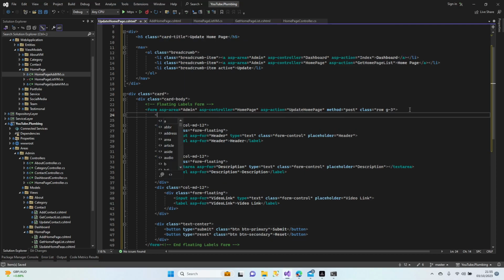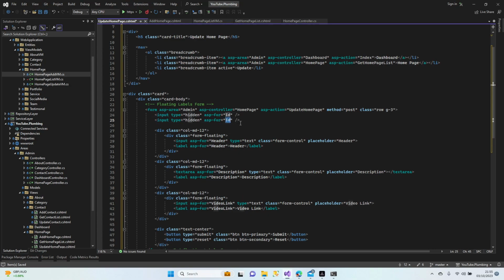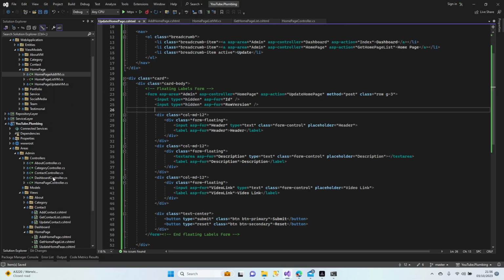Let's add input hiddens. ASP for ID. Row version. By the way, this homepage, we don't have any file. Okay, row version, that's all. It's going to be enough. So it must be